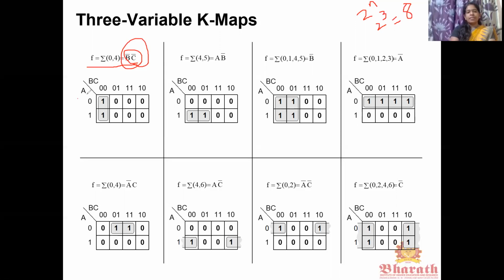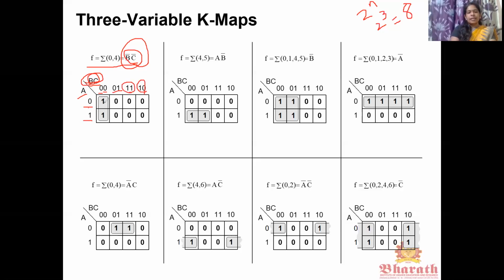So 3 variable means A, B, C. Here we are using 1 variable, and on the other side we are using 2 variables because it's a 3 variable K-map. Then we have to use 0 and 1. Here in the row we have only 2 values, 0 and 1. Here for BC, we have 2 variables, each with 1 binary value. So 2 binary values, as you all know, are 0 0, 0 1, 1 0 and 1 1. So you have to plot all these things: 0 0, 0 1, then at last 1 0, then only 1 1.